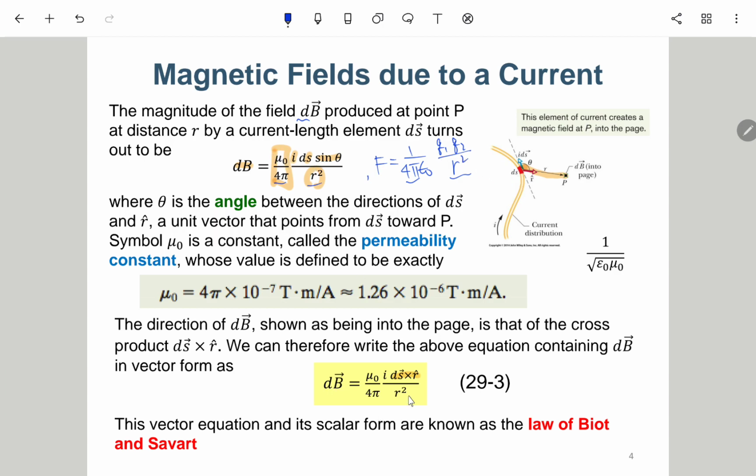And then we have something times something. They are quite similar. So we can pay attention to what this mu 0 is. This mu 0 is called the permeability constant. 这个叫做磁导率。